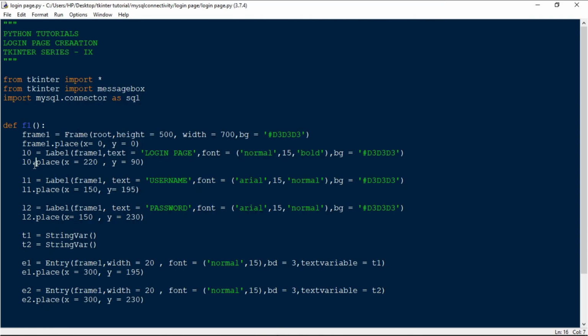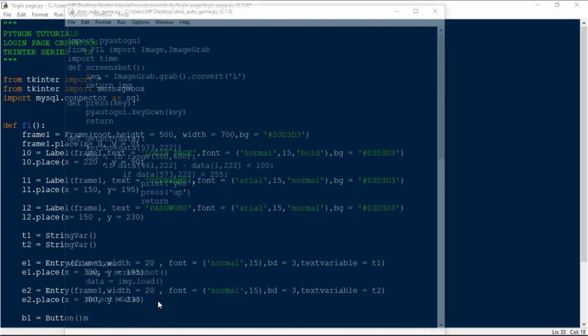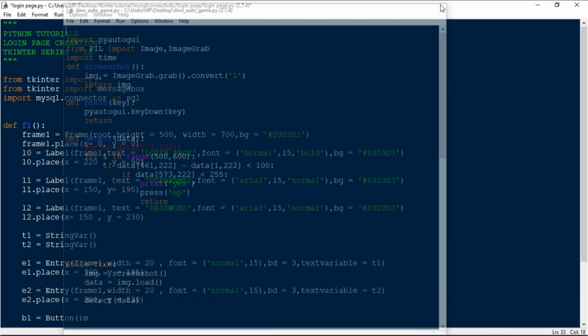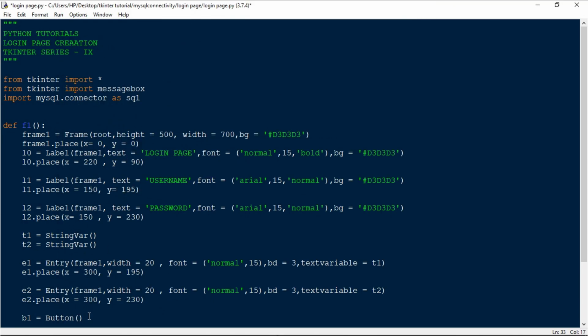So good. Then what we have to do is to create the button inside the frame. So b1 equals Button inside frame1, and the text is going to be submit, and its font I'm going to set as normal and 15.